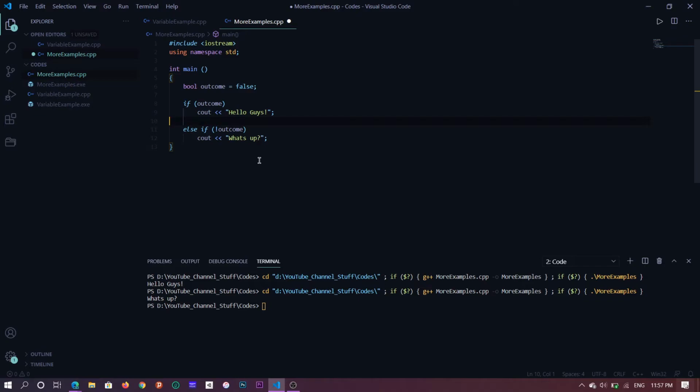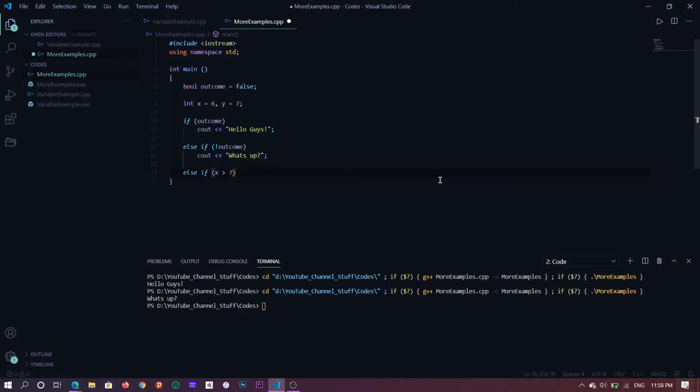Okay, if you want to do two different things, so for example, I have a bool outcome equals false here, and then I will say integer x equals 6 and y equals 7. Okay, yes, you can do that. You can declare and initialize variables of the same data type like this. If I was to say this, now I can, of course, come in here and say else if